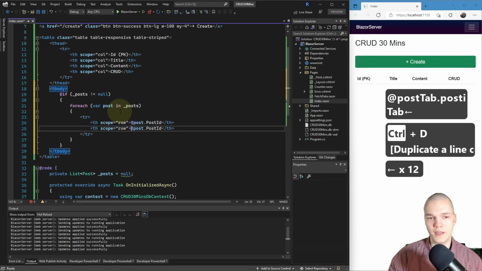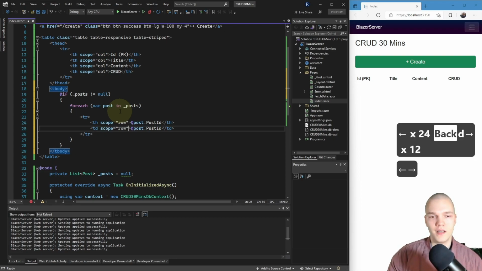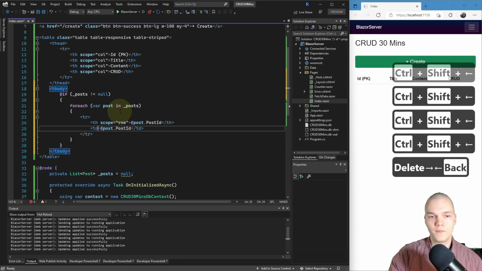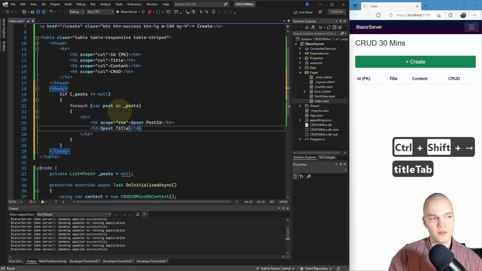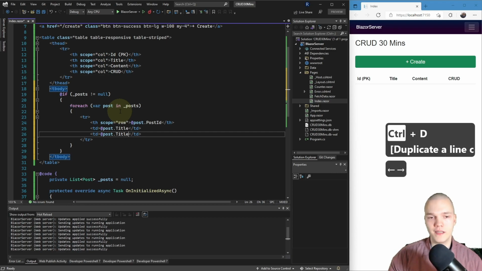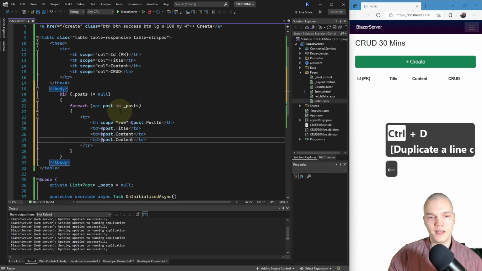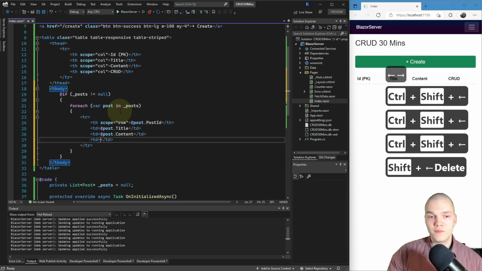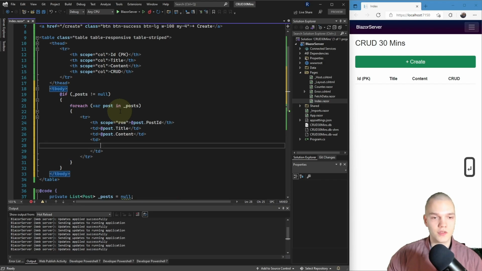I'm gonna duplicate that and change it to be a td and remove the scope. And I'm gonna set that to post.Title, duplicate that, change it to post.Content, duplicate that, remove the dynamic data, and I'll just hit enter inside to go to a new line.